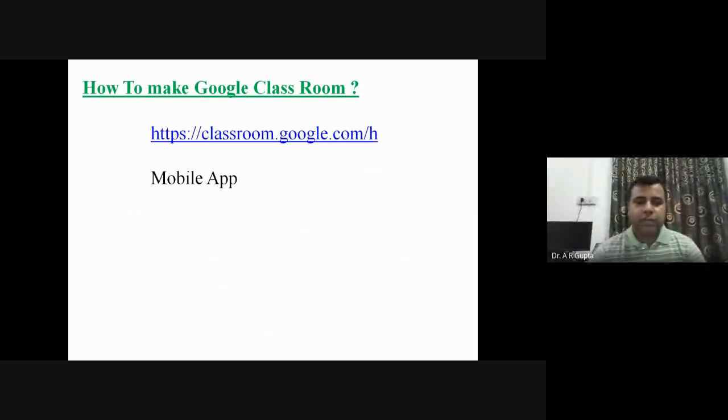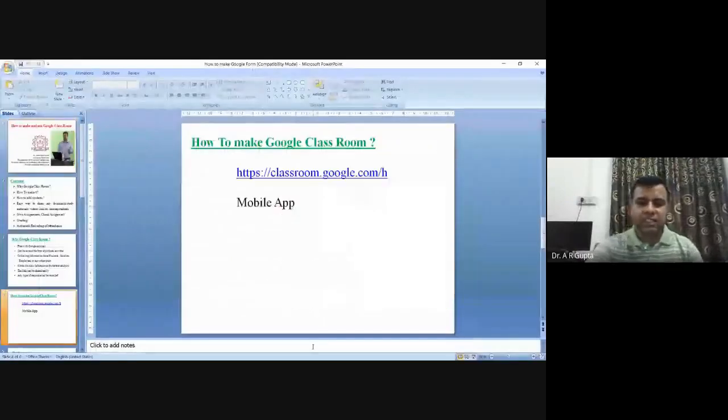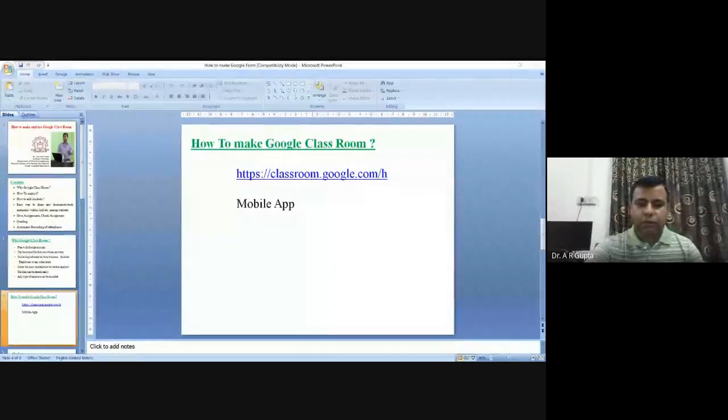Classroom can be made simply by typing classroom.google.com, or in the mobile app also. We can download Google Classroom and easily access the classroom from the mobile app also. So we will see it practically.